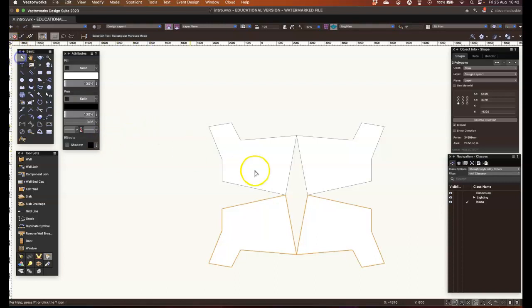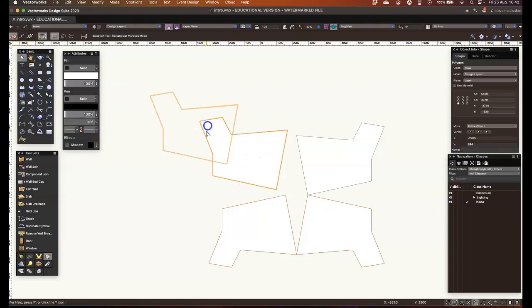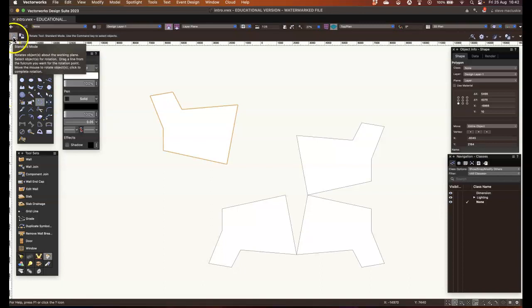Rotating. I'm going to take one of these objects here, and I'm going to choose the rotate tool. Now the rotate tool's got a duplicate mode as well, and just a rotate, a standard mode. So I'm just going to do the standard mode on this. So this has kind of three clicks to it,